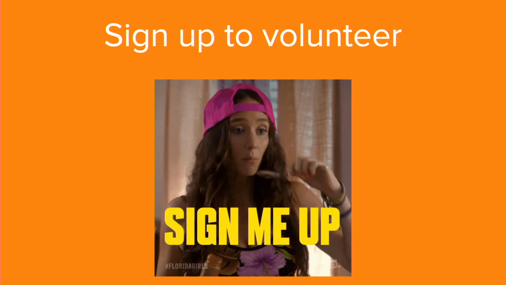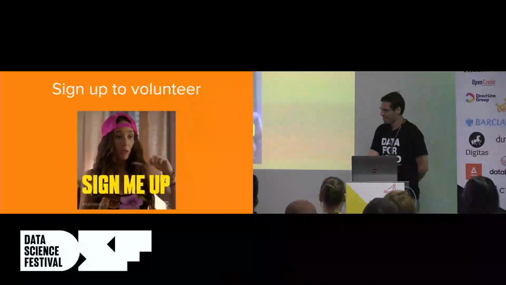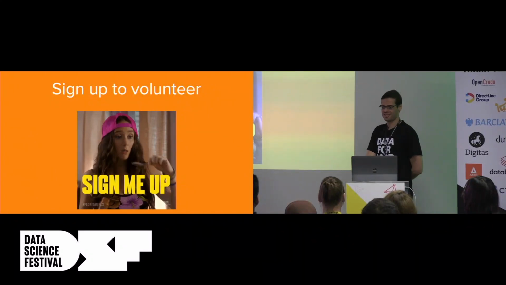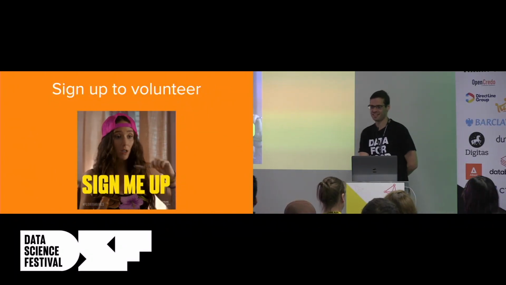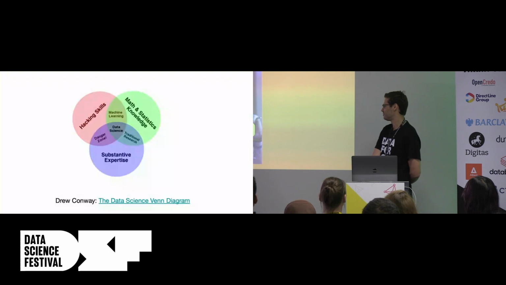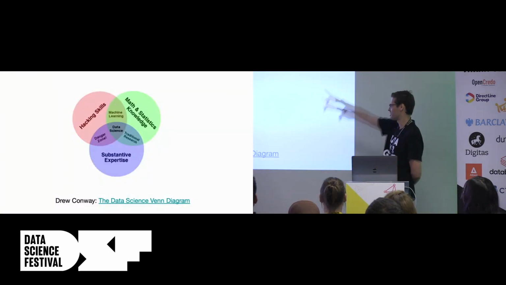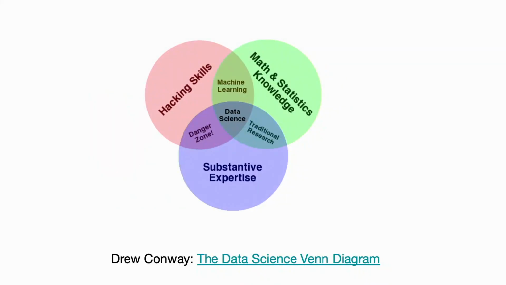If you're interested in the examples that I showed, and you want to sign up, that's great. We're always looking for volunteers: data scientists, data analysts, data engineers, data folks. This is the Venn diagram of data science. If you are in any of the parts of the Venn diagram, you're welcome. Perhaps not in the danger zone, but